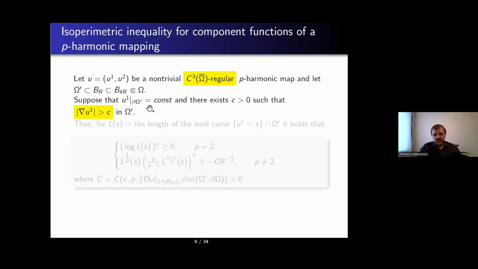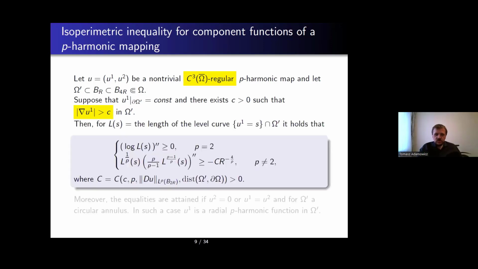If we are in a setting of harmonic or p-harmonic mappings on an annulus, then this property is known for constant boundary data. But here, the fact that the p-harmonic system is coupled, so all the component functions interfere with each other, influences the assumptions, and we need to assume that the gradient is separated from 0. Under these assumptions, if by L of s we denote as previously the length of a level curve, we may show